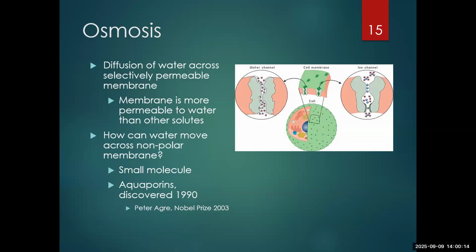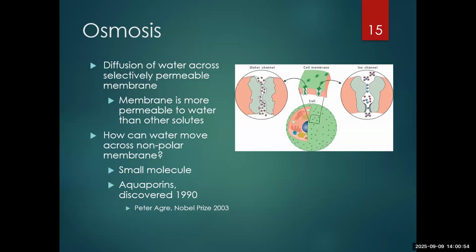So osmosis is the diffusion of water across a selectively permeable membrane. Now, that's a mouthful. It just means that it's the movement of water across a membrane that allows some things in and not others. Selectively permeable means that you only let some stuff in. So water can,